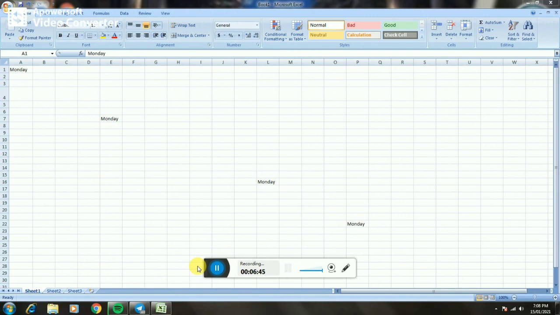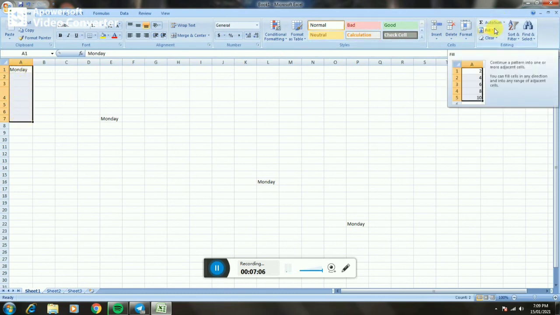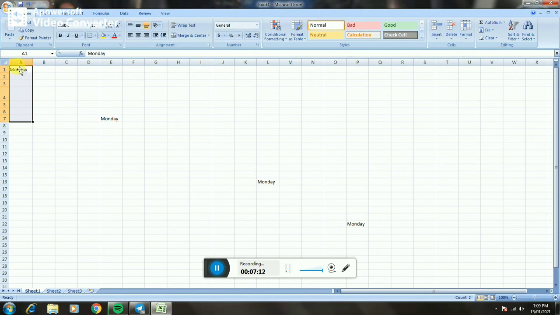Follow the given steps. Step 1, type Monday in the A1 cell. Step 2, type Tuesday in the A2 cell. Step 3, now select both cells A1 to A2. Step 4, move the cursor to the small black square at the lower right corner of the cell. The shape of the cursor will change to a thin black plus sign. Step 5, now hold and drag the cursor down the next 5 cells, that is, up to A7. Step 6, the weekdays from Wednesday to Sunday will appear in the cells.